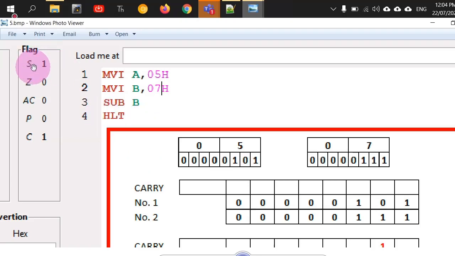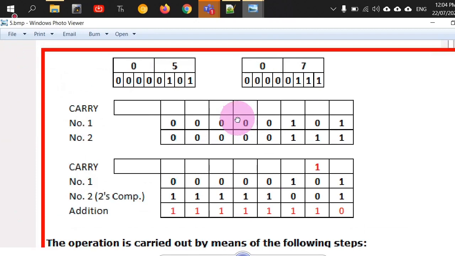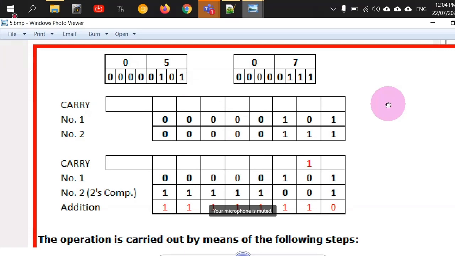In conjunction with this sign bit, the carry bit is also used sometimes. Now, the example that we are using here is this. We have a number 5, we have a number 7, and we are using the two's complement method to subtract them. This is number 1's binary representation, which is 5. This is number 2's binary representation, which happens to be 7. And we are trying to subtract them. So in the two's complement method, how do we subtract two numbers? Can somebody just quickly give me an answer?